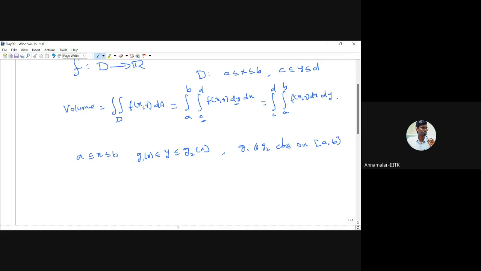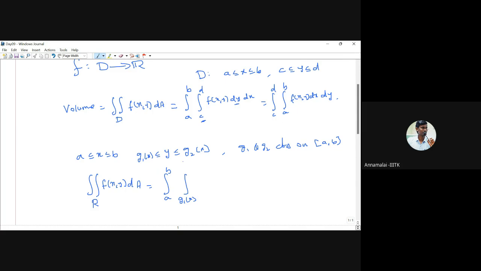Then Fubini's theorem says the double integral over the region R of f of x comma y dA is the integral from a to b, integral g1 of x